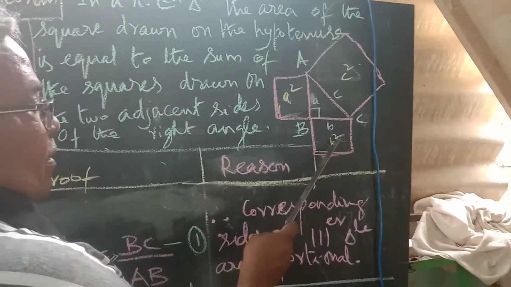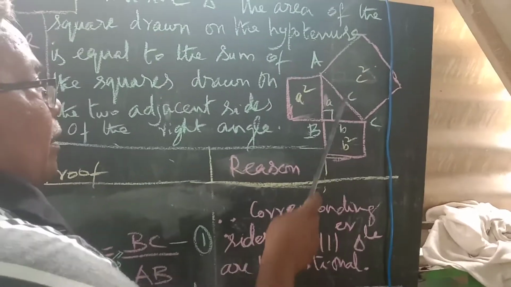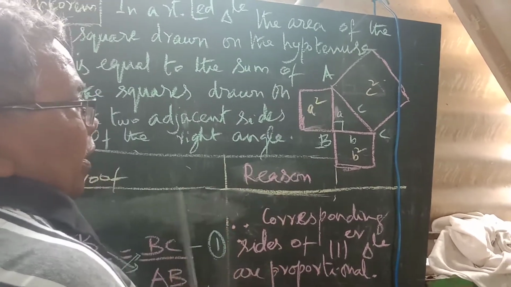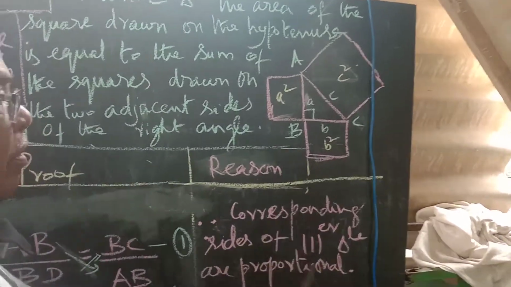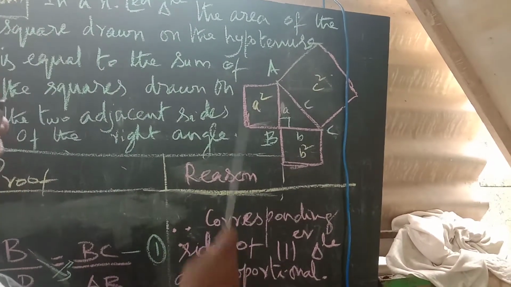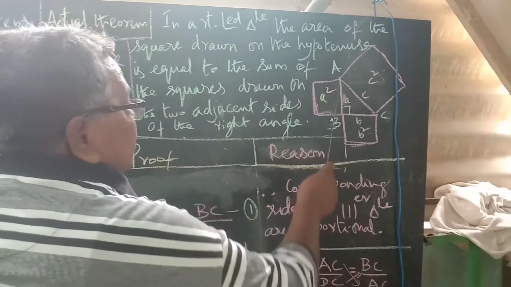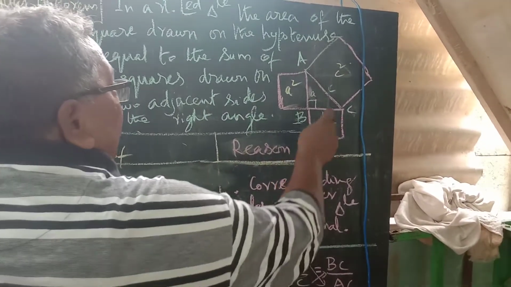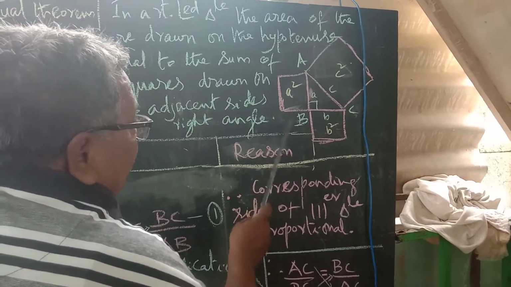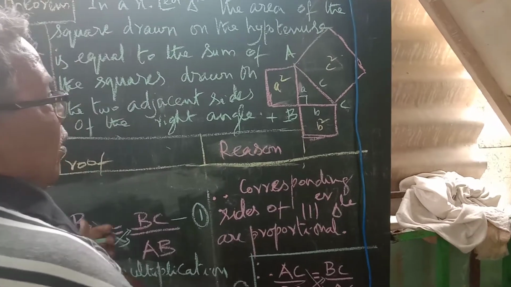adjacent sides, squares. Now, the area of this square is C squared. The area of this square is A squared. The area of this square is B squared. Actually, the Pythagoras theorem was invented in this method only. That is, in a right angle triangle, the square of the hypotenuse is equal to the sum of the squares of